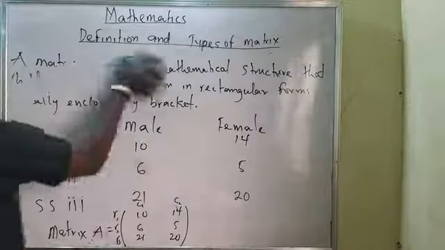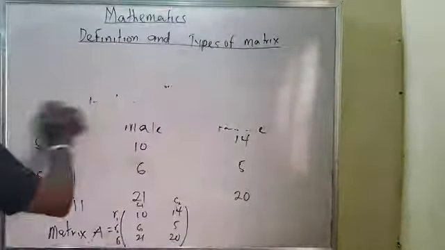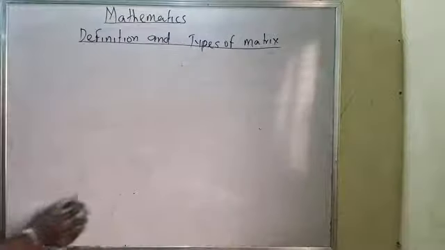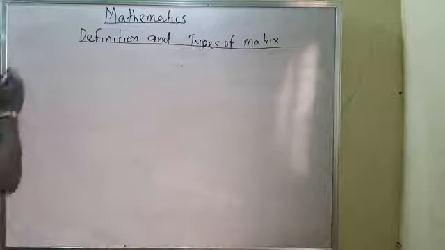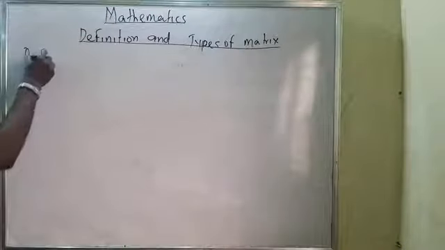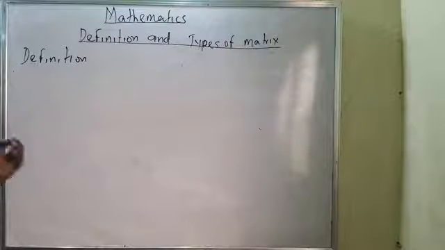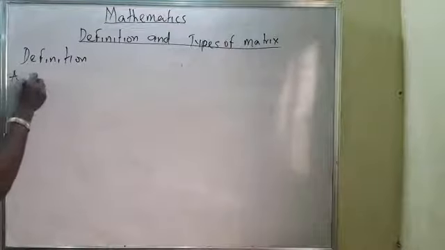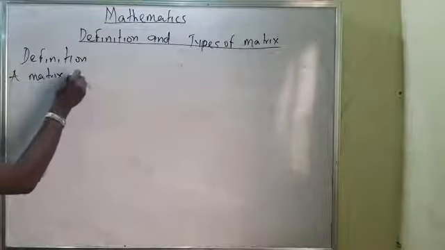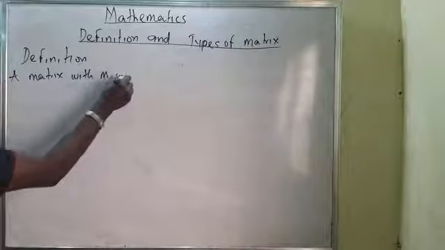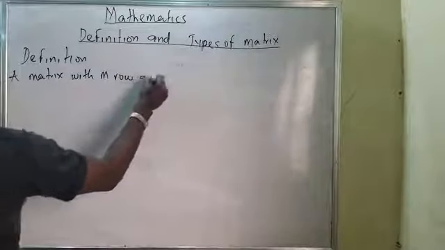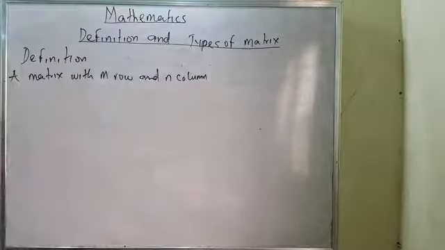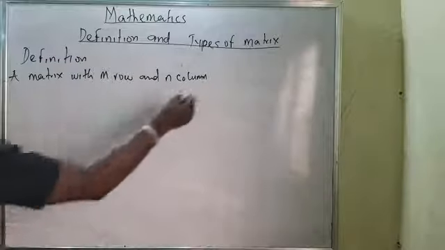That will be under types of matrix. Before I talk about that, let me quickly give you a unique definition of a matrix. Definition. I think with my explanation, you should be able to understand matrix very well. Definition: a matrix with m rows and n columns is called